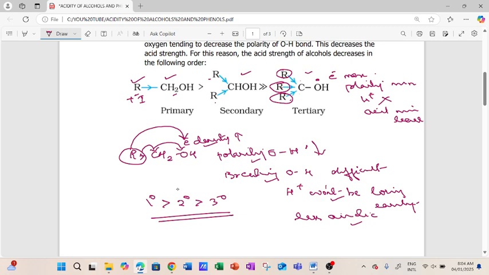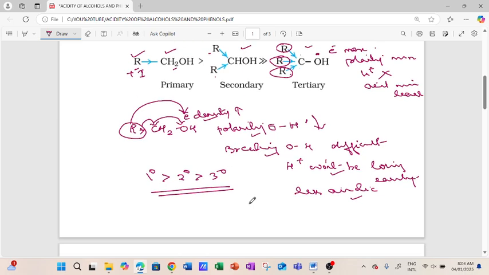This is how we can conclude. Why? Because in primary there is only one alkyl group. In tertiary there are three alkyl groups. So the alkyl groups' plus I effect is determining the acidic character among alcohols. This is one way of comparison between different